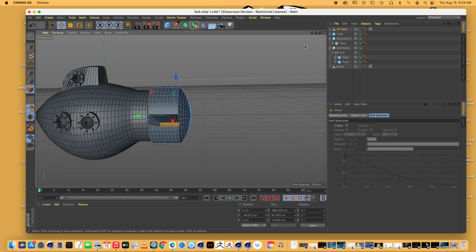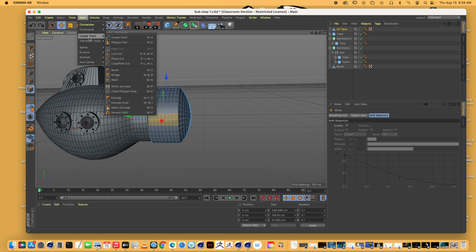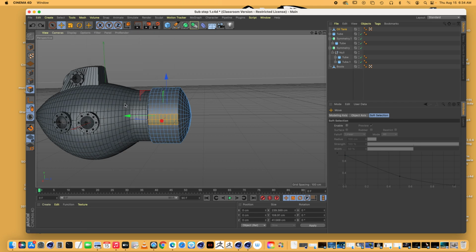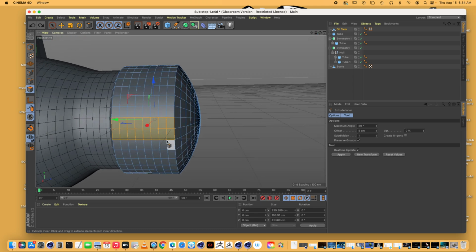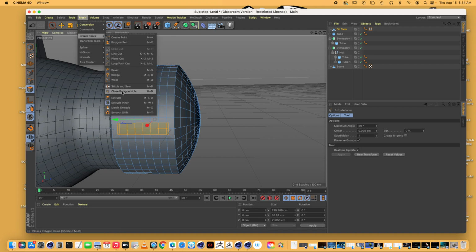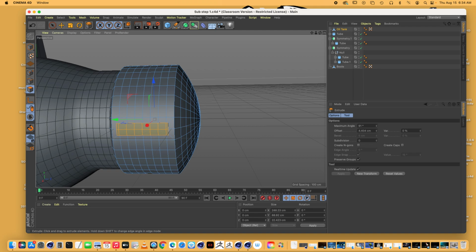Alright, what else could I have done if I don't like how thick the flare is at the back? So while it's still in this mode, I could have gone to extrude inner. Extrude inner creates a subset of polygons, much smaller, and then I could go to create tools, extrude, and extrude